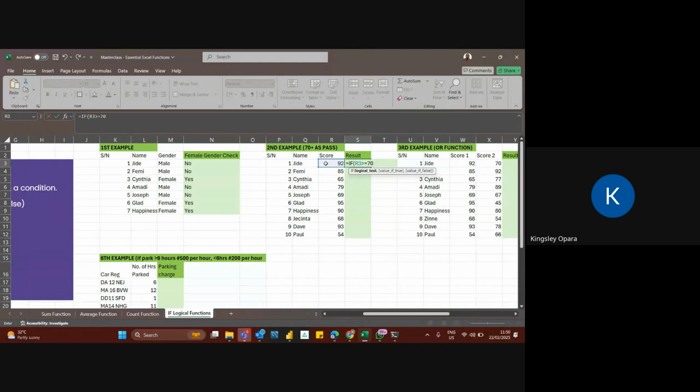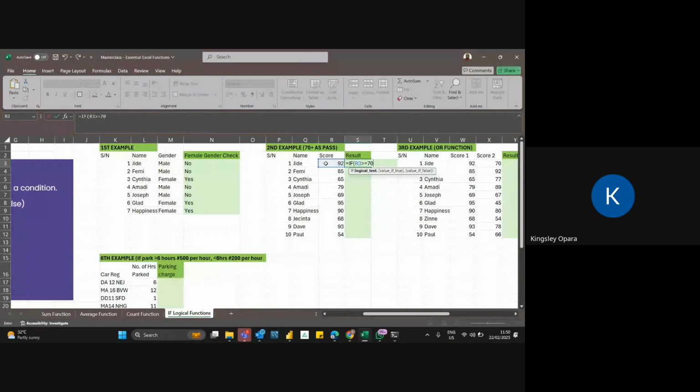Because I want to take cognizance of people with 70 as a score. If I just use greater than 70, it means 71 and above. But if I say greater than or equal to 70, and a person has got 70 as a score, it will be classified as pass. So that is the difference.